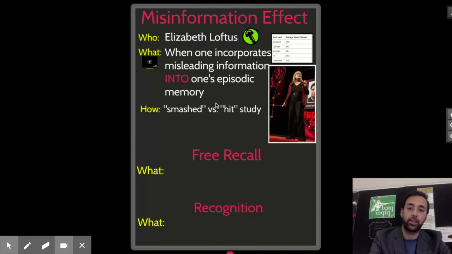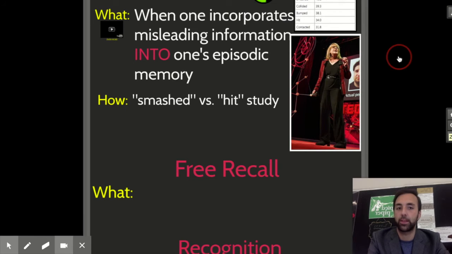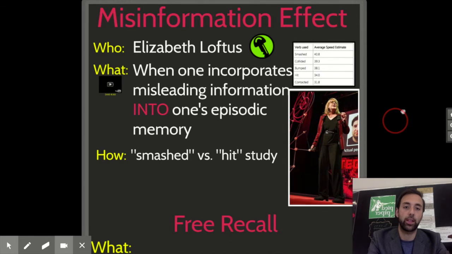When you watch the clip attached to the left, you will see Loftus describe a study that she conducted where she showed a simulated car crash to a series of participants. And then in the aftermath of that, she asked them a series of questions. In those questions, she asked how fast were the cars moving in that simulated accident. But what's unique about this is that different participants heard that question differently.